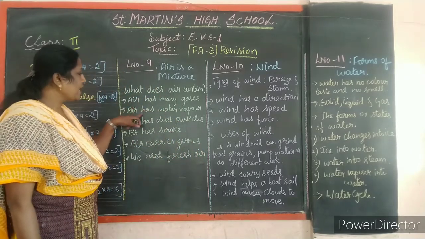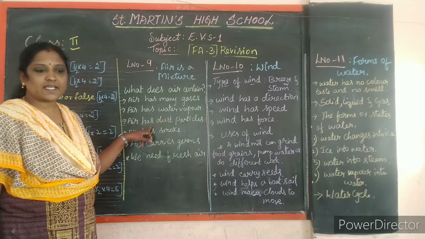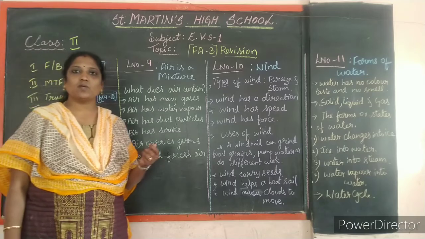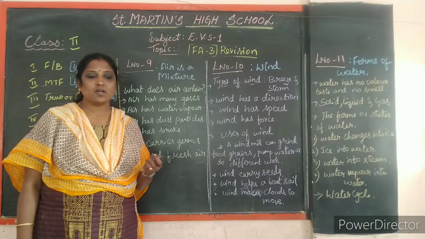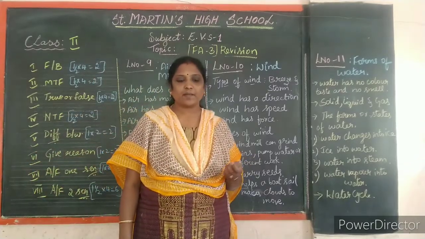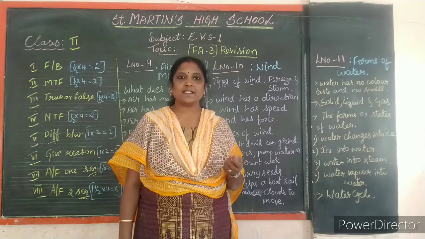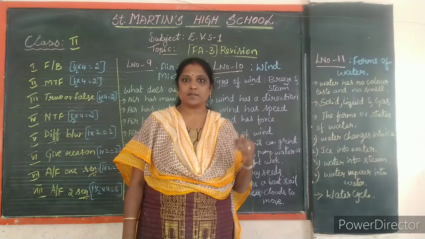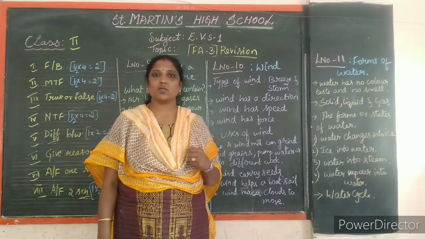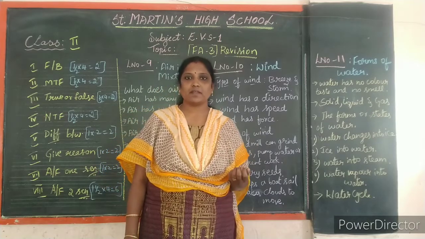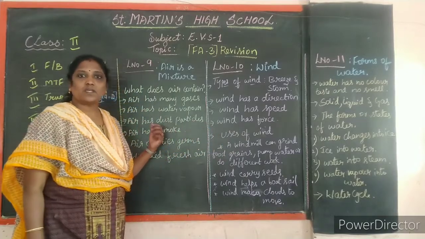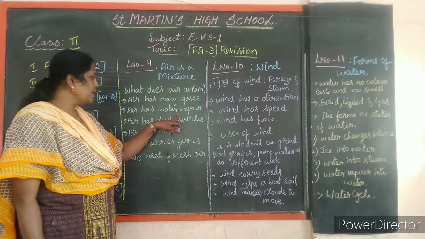So next is air has water vapor. Yes, air contains water vapor. How can you see this water vapor children? Yes, when your mother is boiling water or milk, you can see the water vapor. When an adult boils water in a pan, after some time you can see the water in the pan is less than before. Is it not? When the water boils, it will reduce. Where does the water go? Yes, it will evaporate into the air. So the heat changes the water into gas form, and it is called water vapor.